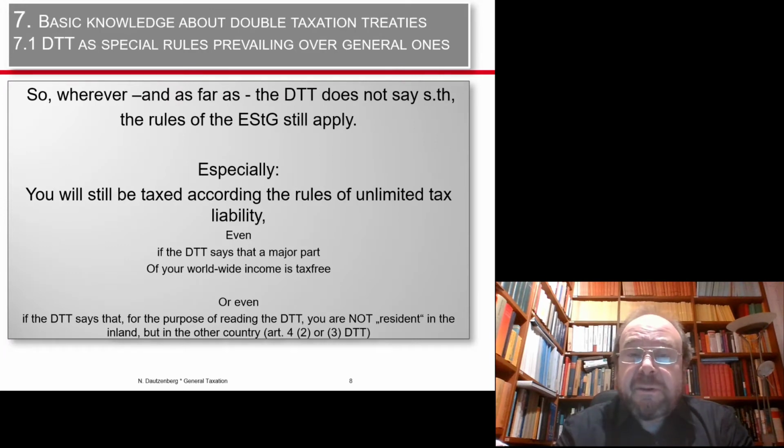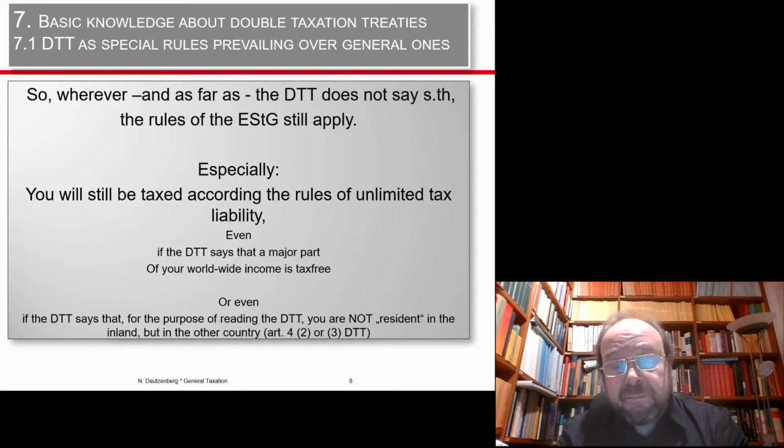So you can already conclude from that wherever and as far as a double taxation treaty does not say something, the rules of the Einkommensteuergesetz, or naturally in case of a GmbH of the KStG, still apply, or in case of what you later will learn, the city tax in Germany, the so-called trade tax or Gewerbesteuer, the same applies. Wherever the DTT remains silent, the usual rules apply. That leads sometimes to strange effects. For example,